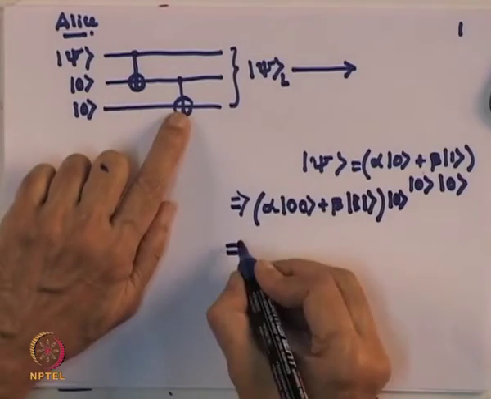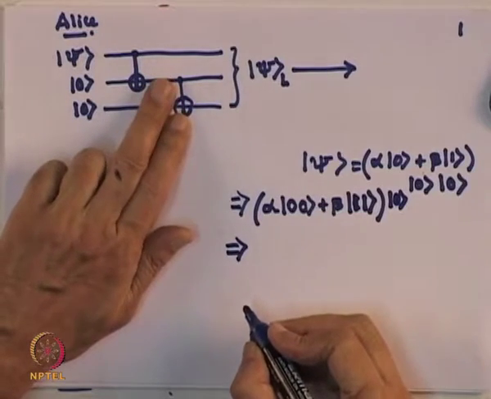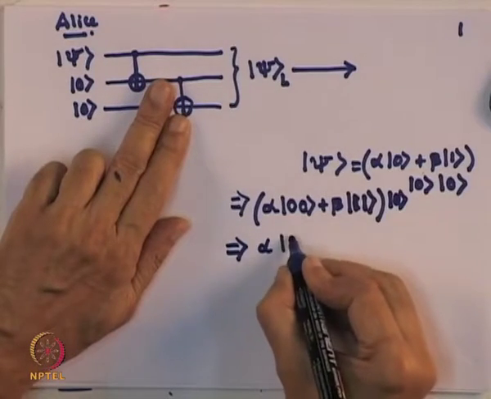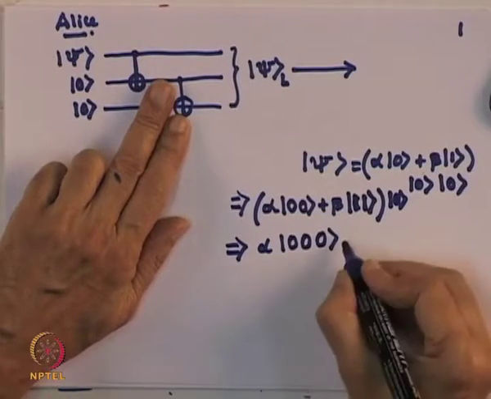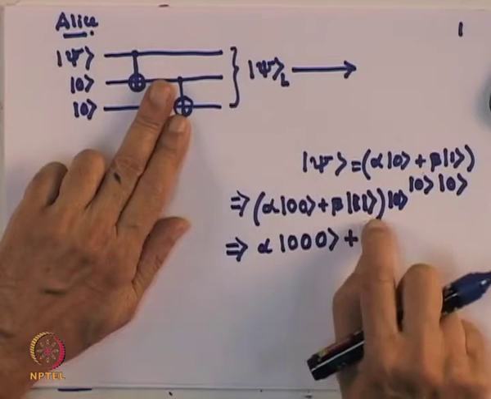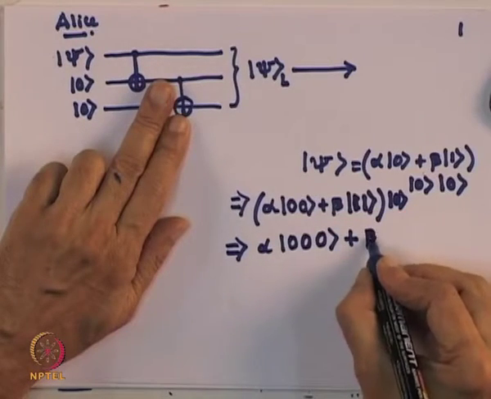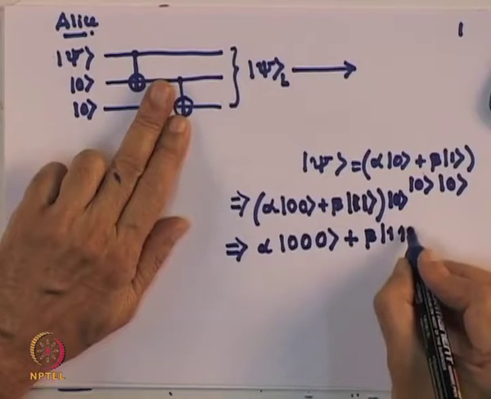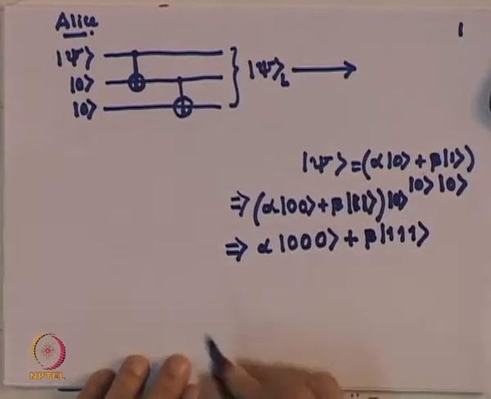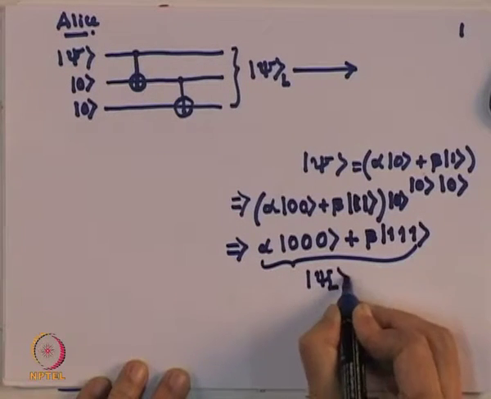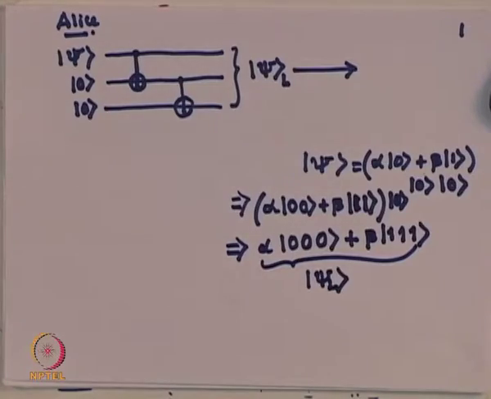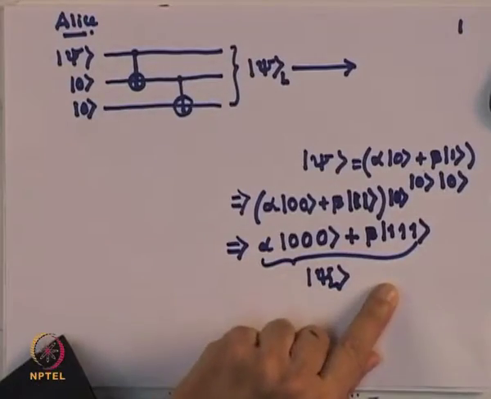In the third case, the second bit is used as a control. So, I get alpha 0, since the second bit is 0, the third bit remains 0. But when I come to this term, my second bit is 1. So, I get beta 1 1 and this 0 will be flipped to 1. So, this is my psi logical. This is very similar to what we had in the classical bit, excepting it is not the repetition of psi, psi, psi, but psi has this structure and it is sent this way.